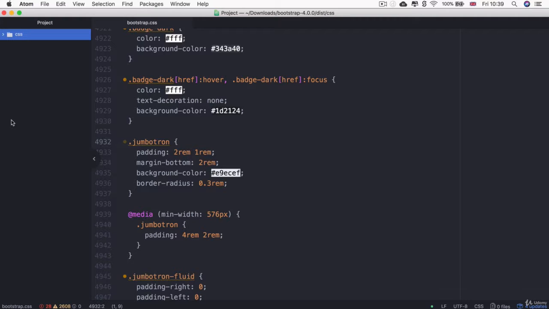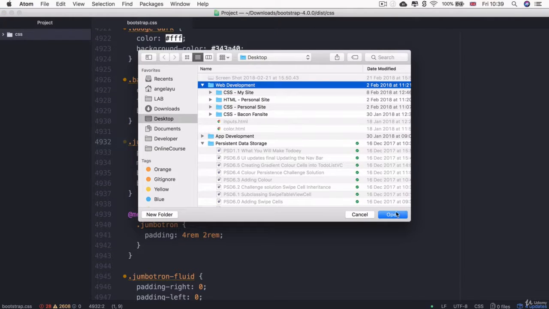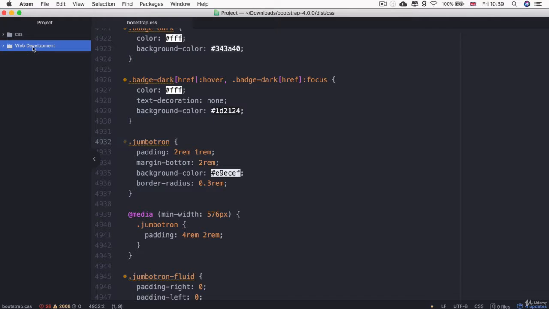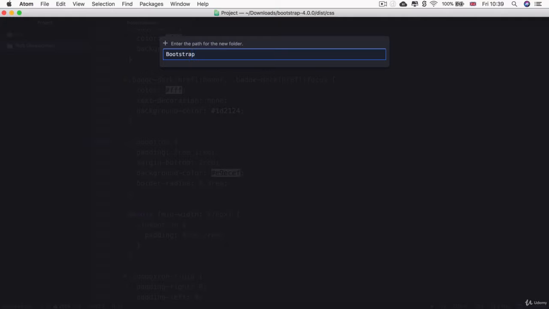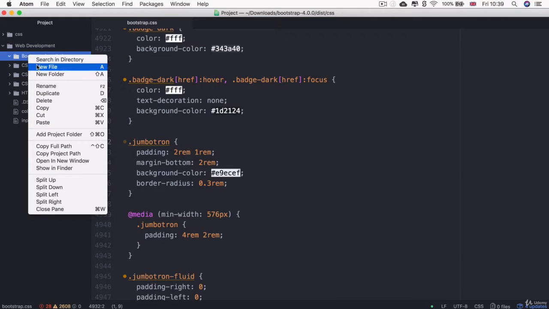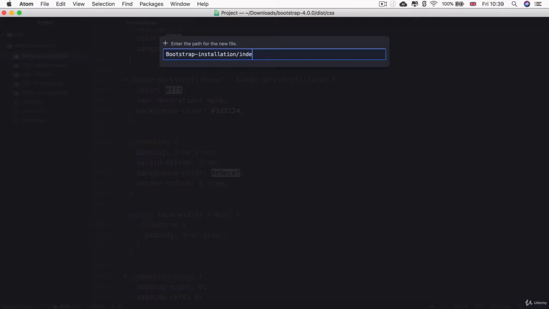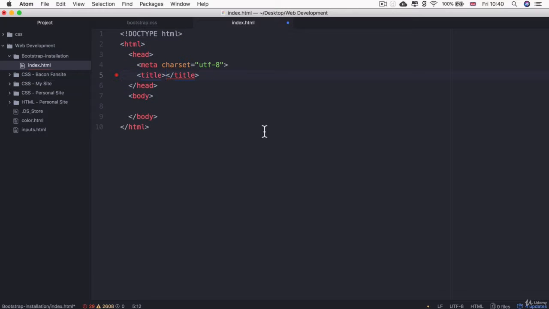So to do that, let's head into Atom and let's add our web development project folder in here so that we can create a new folder called Bootstrap Installation. And inside this folder, I'm going to create a new file called index.html. Now that we have this new website, we can go ahead and create the HTML boilerplate and give our website